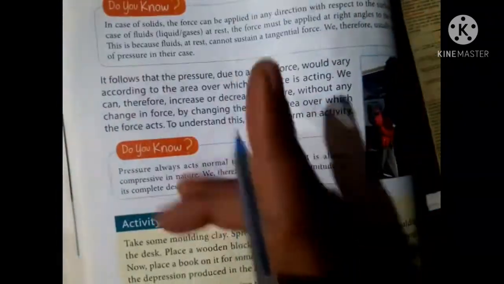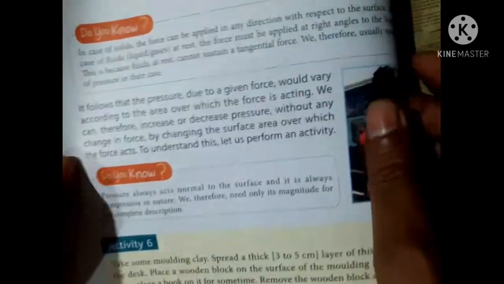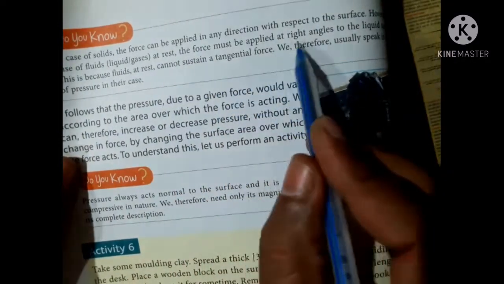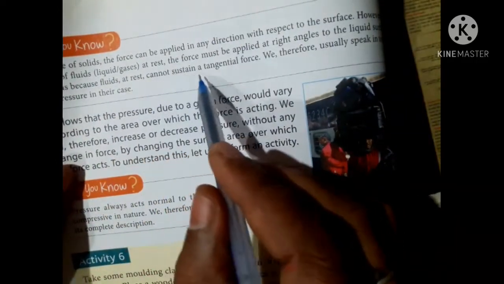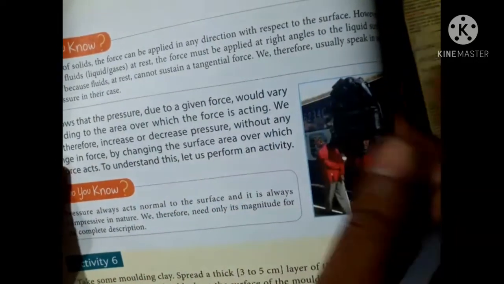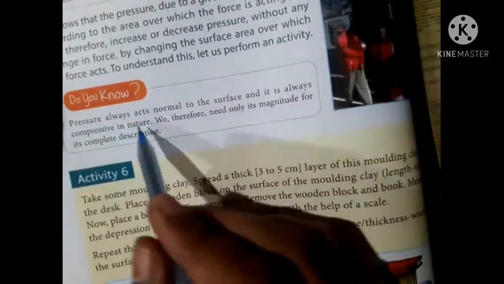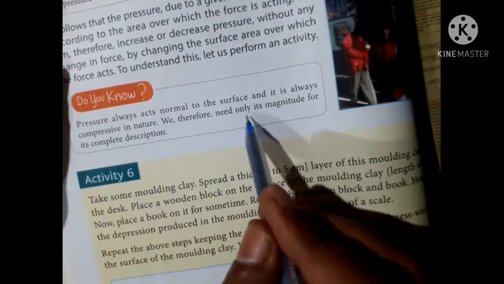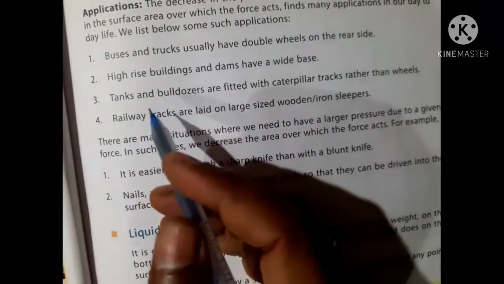Now next thing, in case of solids the force can be applied in any direction with respect to the surface. However, in case of fluids at rest the force must be applied at right angles to the liquid surface. This is because a fluid at rest cannot sustain a tangential force. We therefore usually speak in terms of pressure in their case. Pressure always acts normal to the surface and it is always compressive in nature. We therefore need only its magnitude for its complete description. You will study all these things